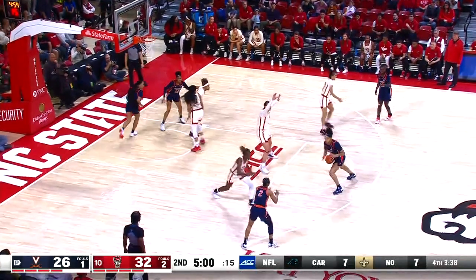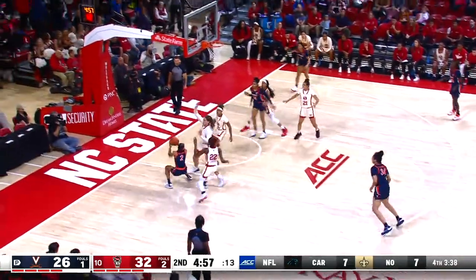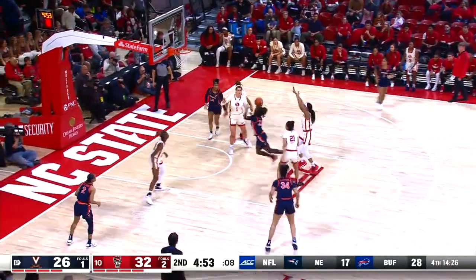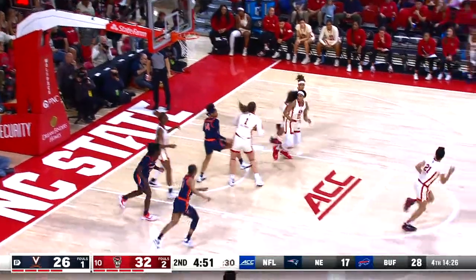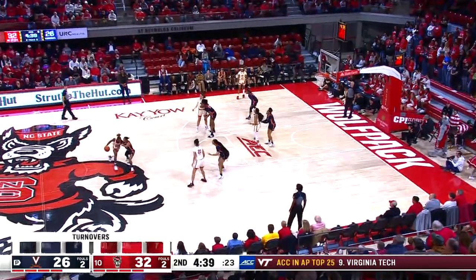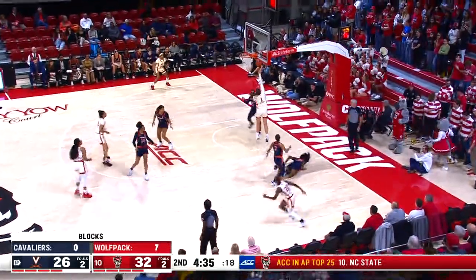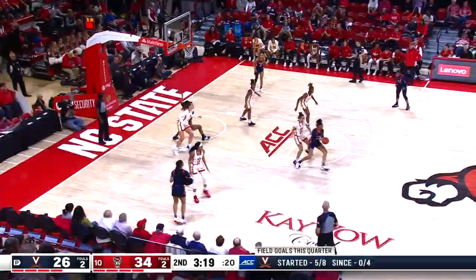Wolfpack back up 6. RALEIGH doubled. Smith, a little out of control, and Johnson still on the bench. Rivers feeds the post beautifully for Baldwin. For the season, Rivers,